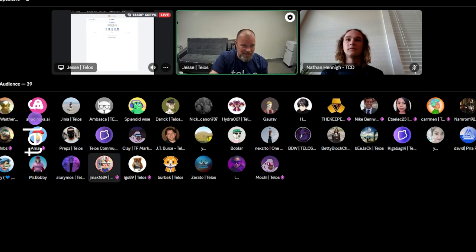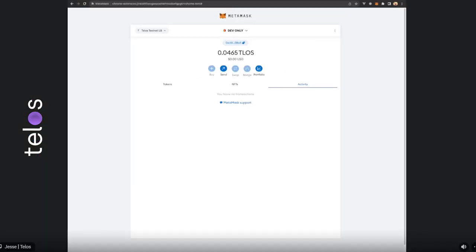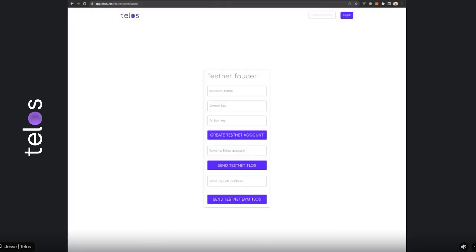I already have this one created, and I'm going to click this little icon here to copy that address ending in 08A5. And I'm going to come to our faucet. We have a Testnet faucet here. And the URL